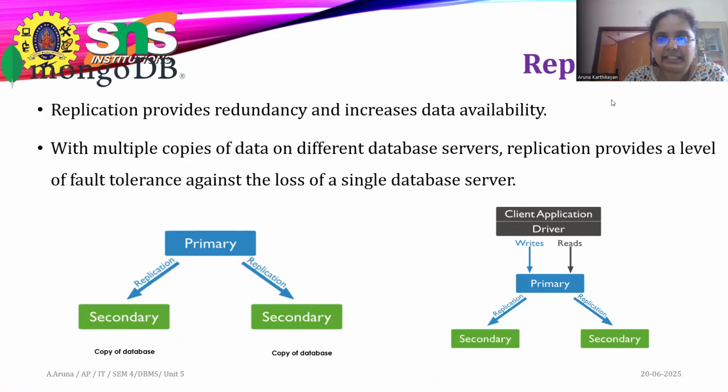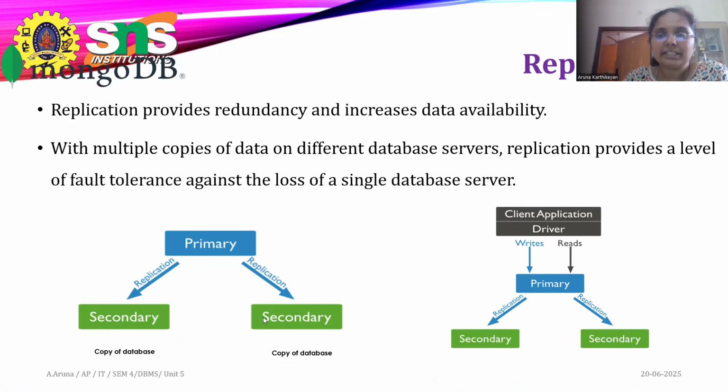Initially I said that it will have replication. What do you mean by replication? We have to provide data availability and redundancy, and for that we go for replication. Here you have a primary data. If I want to replicate it, I can go for a copy of that particular database.